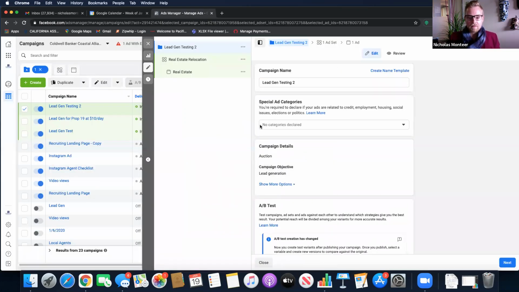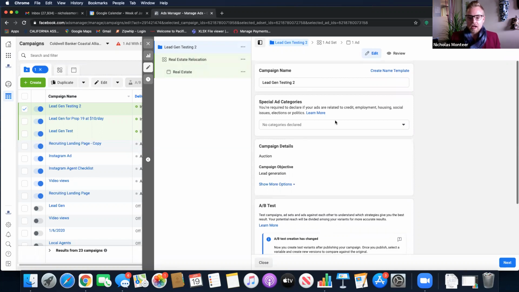What's kind of nice about Facebook ads too, once I got comfortable with it, was that it's kind of fun that it's just as simple as 1, 2, 3. Like you label your lead gen, what you're doing in your campaign. You create your ad set, which is a little more criteria around what you actually want, what you want your reach to be. And then you actually get to create your ad finally. So it's kind of like 1, 2, 3, and you're done, which is kind of cool.